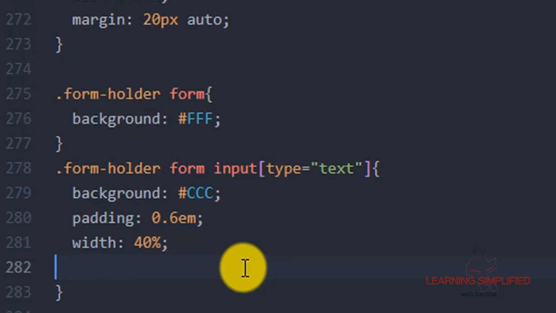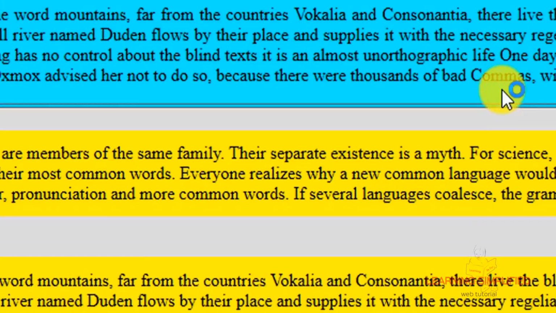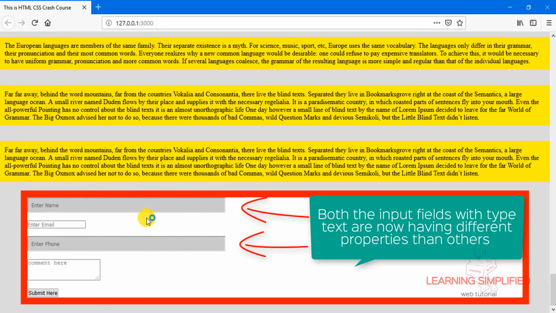If we do not provide this particular property, that means if we leave the border alone and do not specify what kind of border we are providing, just leave it up to this far and get back to your project. Now we will see that both those input fields of type text practically have distinguishing properties from the others.